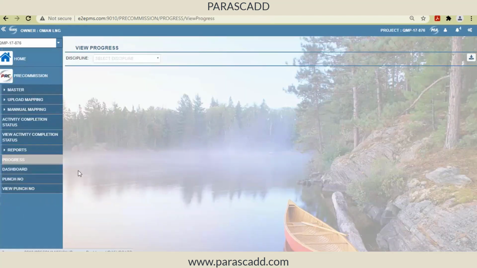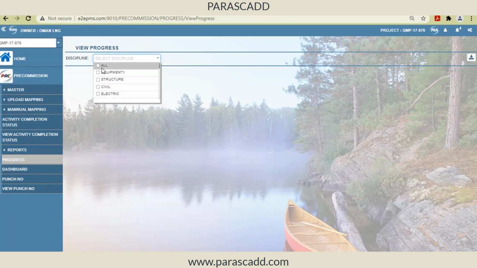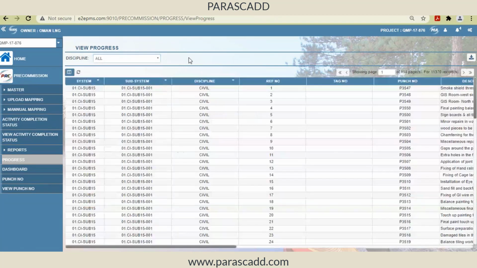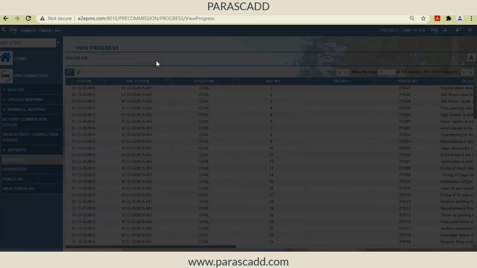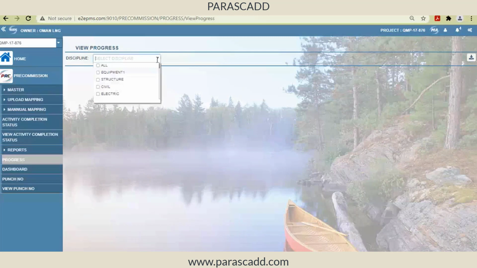I go to progress. And since we are doing this progress, I can see progress discipline wise also. I just don't want to see only at a subsystem level. So I have a department, the organization is divided into departments, and there are multiple points related to civil. So there are multiple subsystems, and within that I wanted to see the progress at the level of civil discipline or for piping.